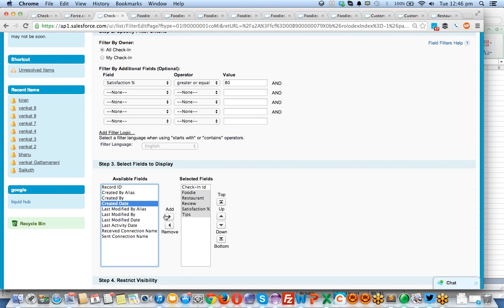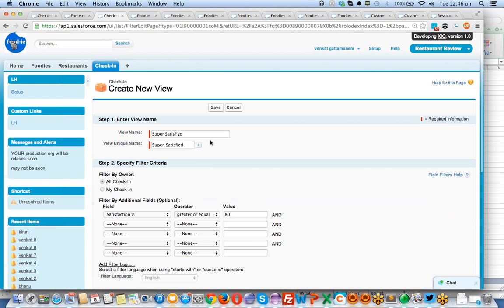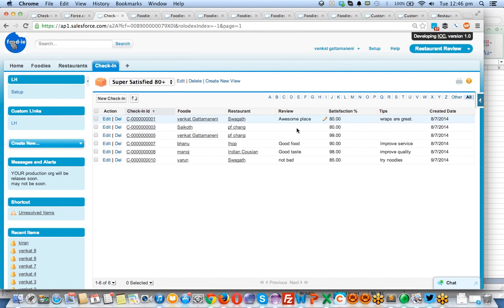and the created date also, for identifying on what date the check-in was created, visible to all users. Click on save. Fine, 80. This is simple, 80 plus. Click on save. Now this is one more view where I can see all the people who are satisfied perfectly,